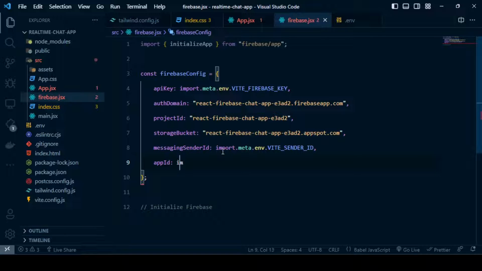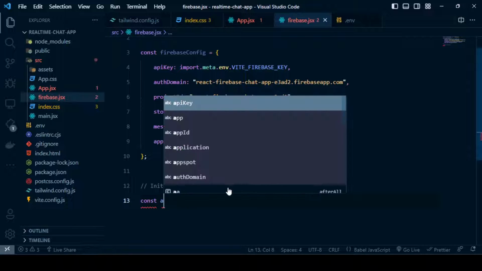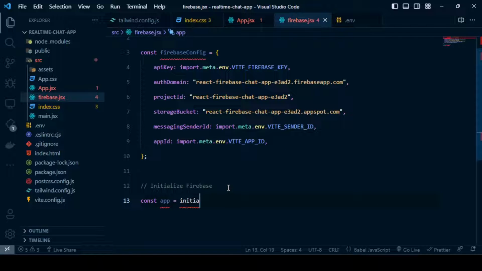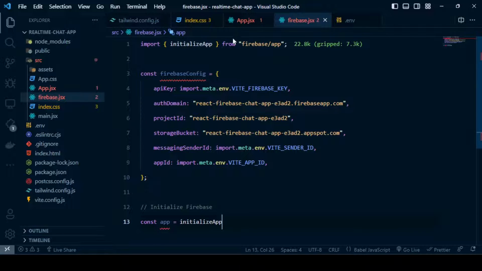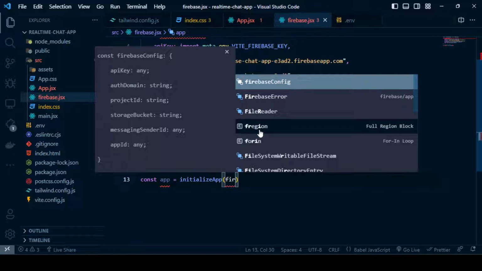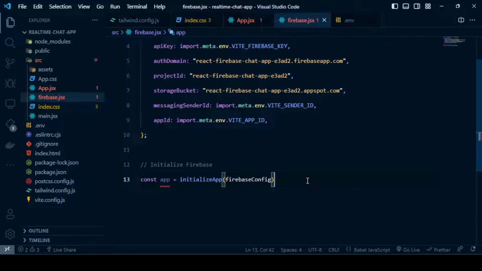And for here, okay, now let's just initialize our application like this. Again short letters, app, which is equal to initialize app, and we have imported it here. And inside of it we will be passing our Firebase config, which we define here. And the next thing is